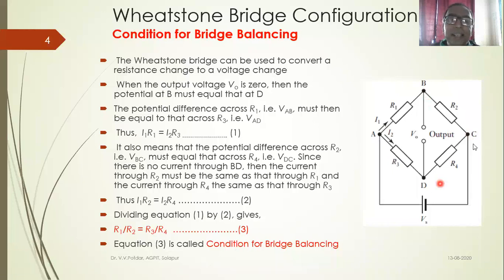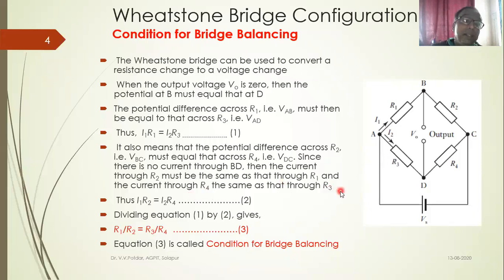VDC, since there is no current through BD. Why will the current flow? When will the current flow between B and D? When B is at higher potential than D, the current will start flowing from B to D. If D is at higher potential than B, current will start flowing from D to B. And as both are at the same potential, there will be no current flowing across B and D. The same current I1 will flow here, the same current I2 will flow here. Then the current through R2 must be the same as that through R1, and the current through R4 the same as that through